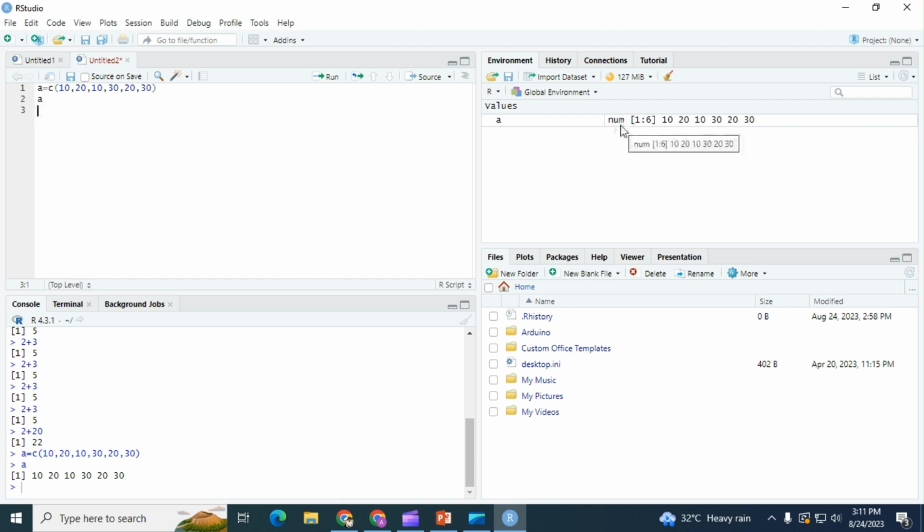So num means basically the number, and 1 colon 6 means there are a total of 6 elements stored inside the variable a. If you count 1 2 3 4 5 6, definitely there are a total of 6 elements we have stored over here. Now if I want to plot the histogram, just use the predefined or inbuilt function